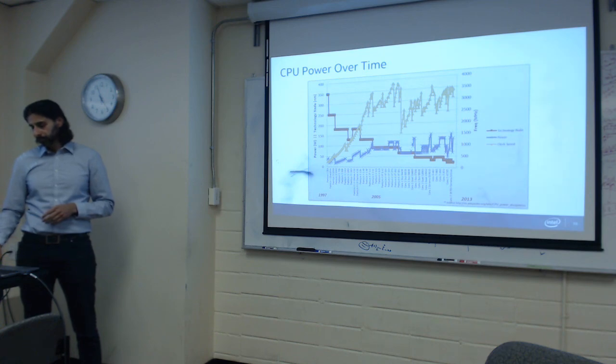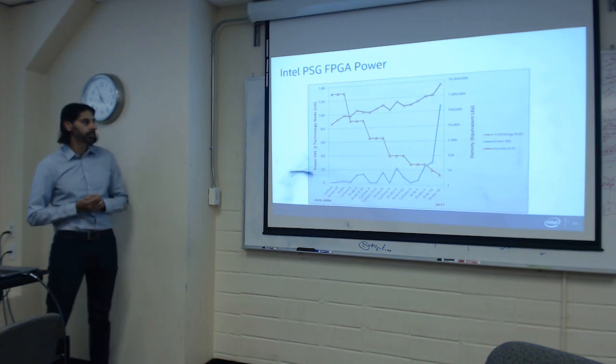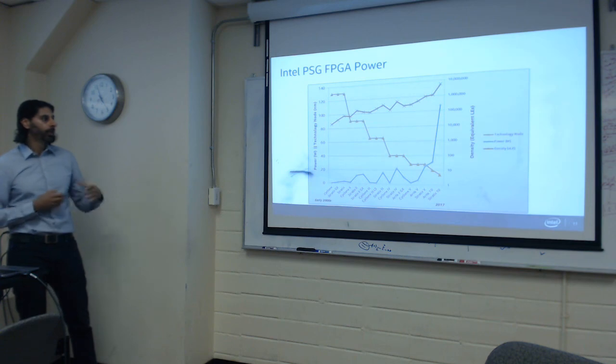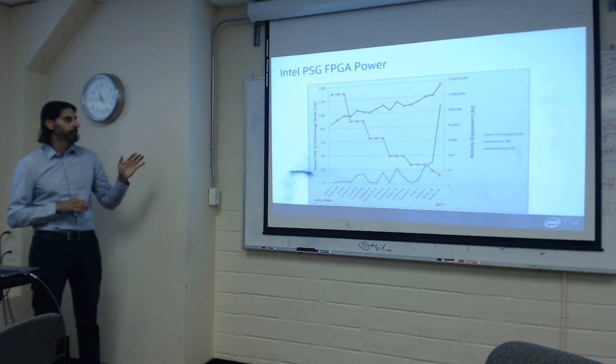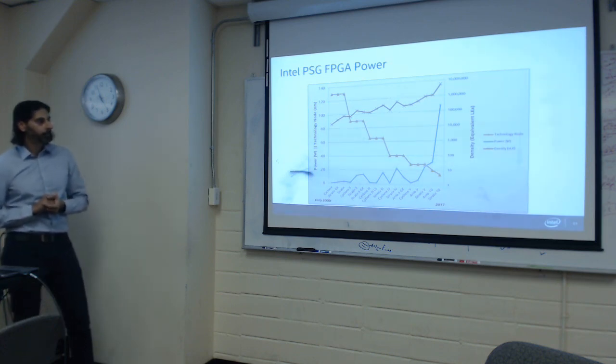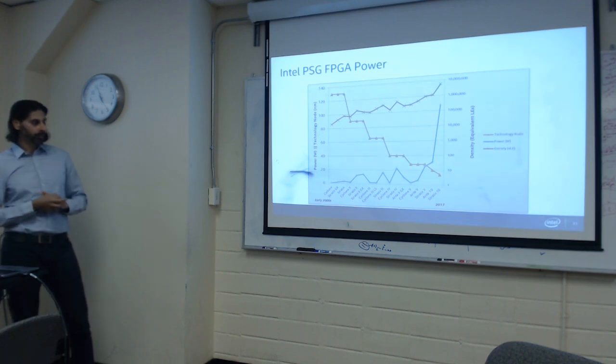And if you plot an analogous trend for FPGAs, you kind of see the same sort of trend happening. So it's kind of a different plot, but let me walk through it. So you have density again with the triangles, the various process nodes that Intel FPGAs have been developed on, and the blue bar, which is the power dissipation. I'm using some assumptions here because FPGAs, depending on what you program, the power can vary drastically. But if you use a consistent set of assumptions, you'll see a trend emerge that power dissipation has gone steadily